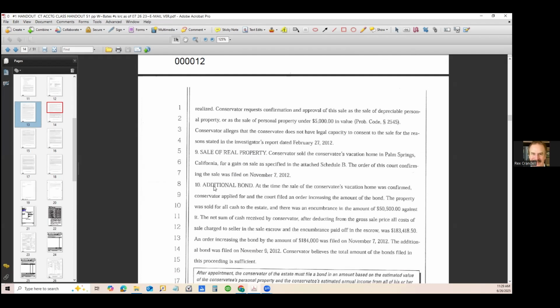Okie dokie. Going down to additional bond, I typically don't write additional bond. I will just say bond. I will state that the bond, let's say the bond was $20,000 minimum bond. This was the point where I was saying back where you marked the inventory and appraisal sufficient or non-sufficient. Typically, I'll state here, yes, now that I sold a house, I have a lot more cash and the bond